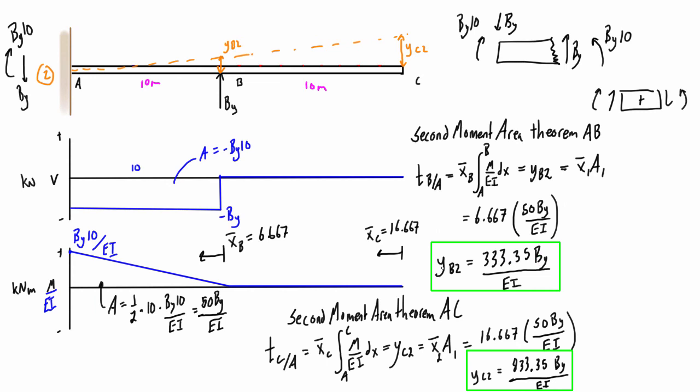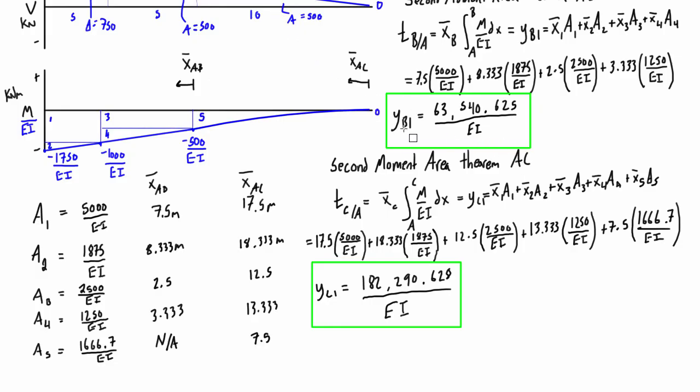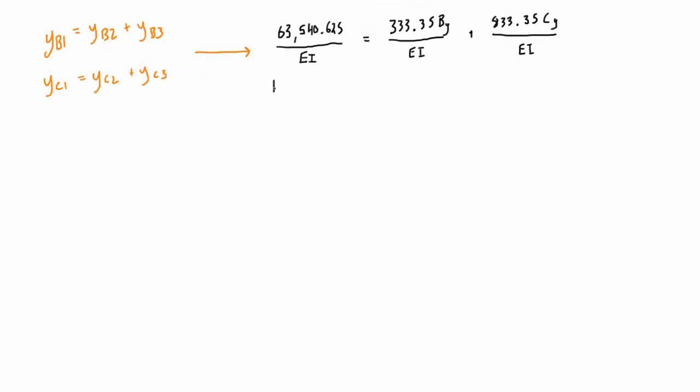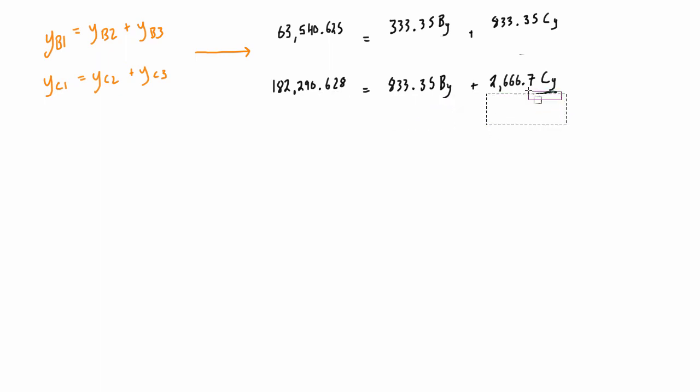We got yb2 and yc2, and then in the first video we got yb1 and yc1, which is also what we were looking for. So let's throw all of the known values that we have now into this expression. And then you'll notice that in each of these equations, they're all over EI. So what we can do is just multiply both sides, or every term, by EI and get rid of that. And hopefully now it should be super obvious that we just have two equations and two